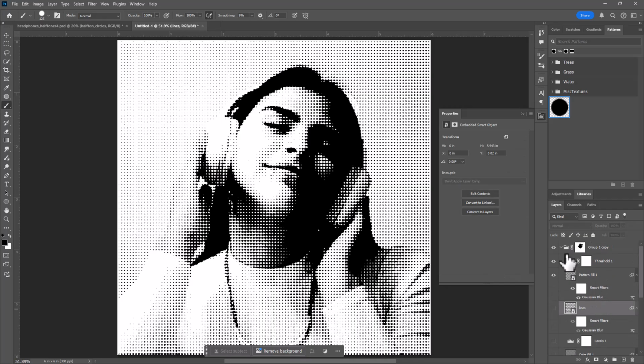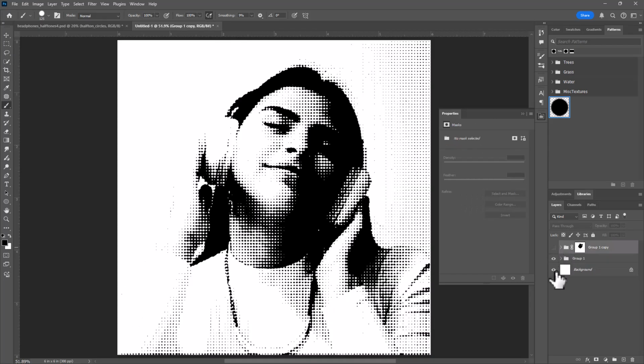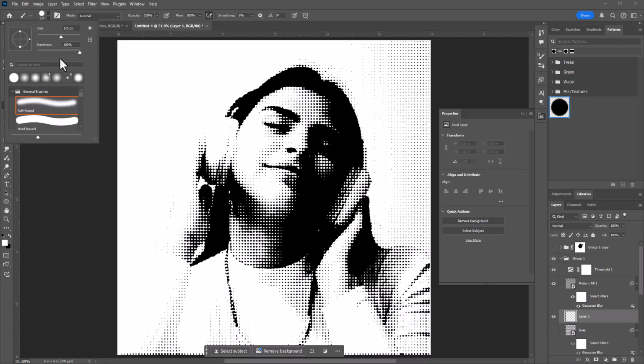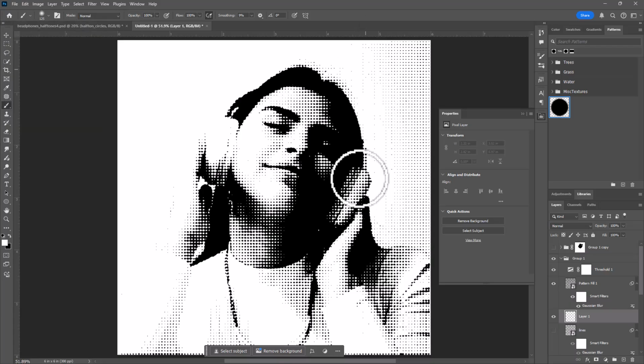So as I'm here, I'm going to go ahead and work on this one that's underneath. If I go underneath the pattern and create a layer and then use black paint, let's say I start painting in black, you'll see that I'll paint in black on the image that's underneath, or I'll paint in white on the image that's underneath. And if I wanted to play around with this, I might use a soft edge brush, and I could play around with adding